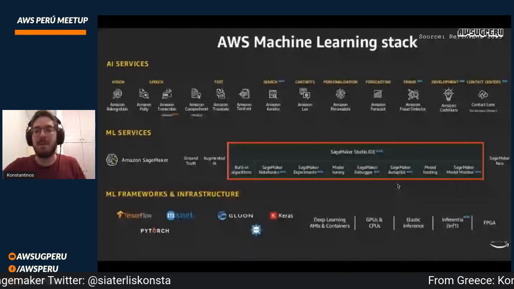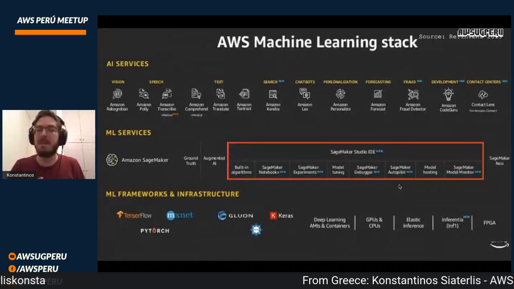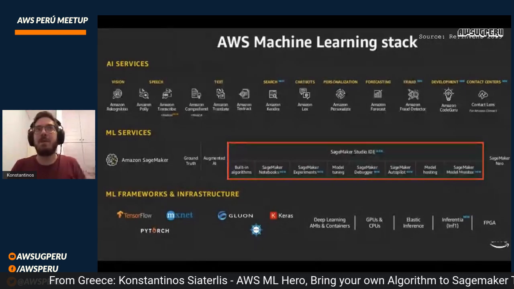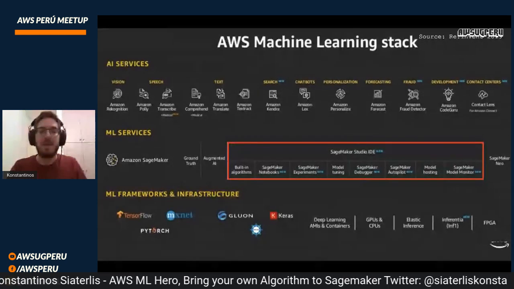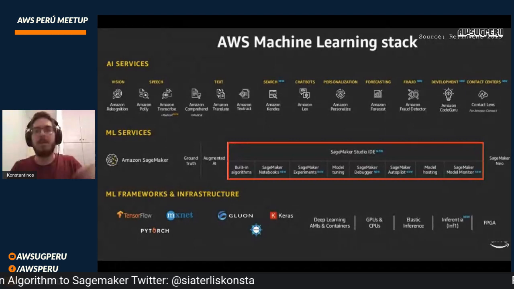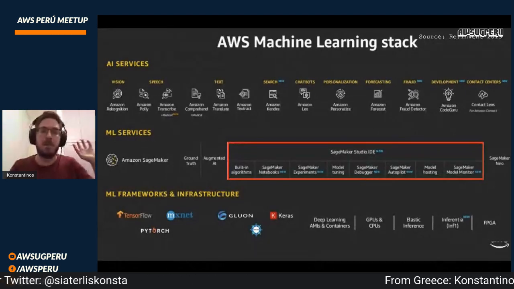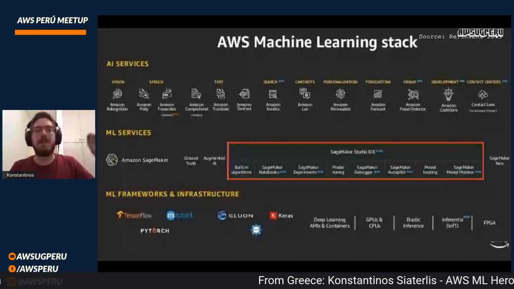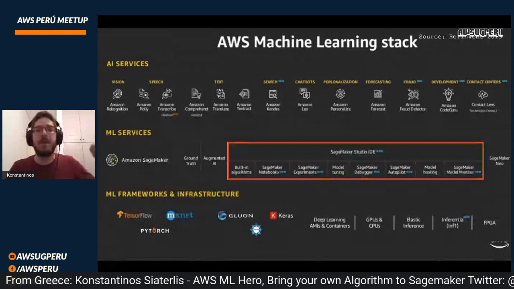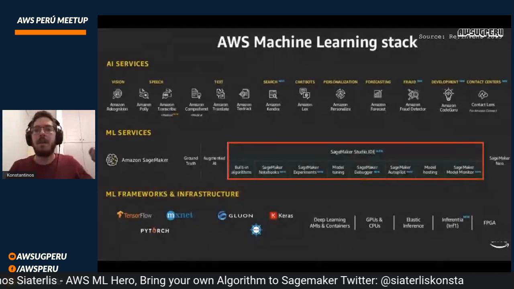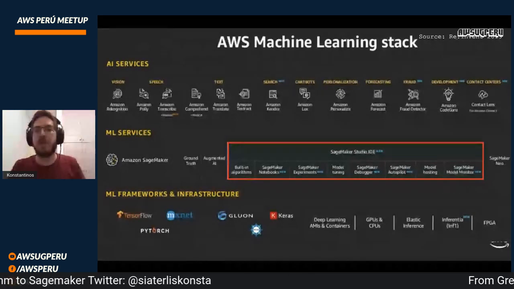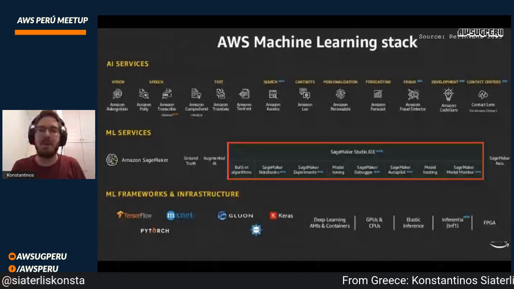We have the Autopilot. At first, I was a bit skeptical about that, but it seems it can be very useful. You throw a raw data set in it. You say, okay, I want to classify or predict that column, and Sagemaker takes the data set, performs pre-processing and exploratory analysis. It selects a bunch of models and runs them with your data, performs hyperparameter tuning, and then it spits out the best performing model. So at worst case scenario, you have a baseline. At best case scenario, it solves the problem.